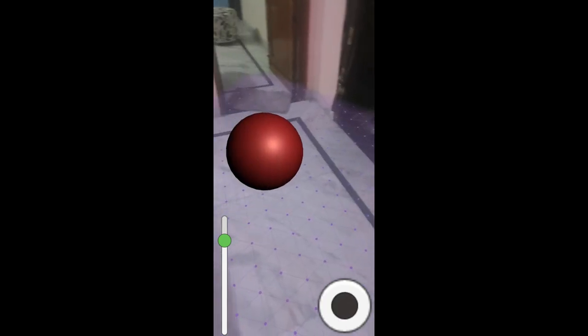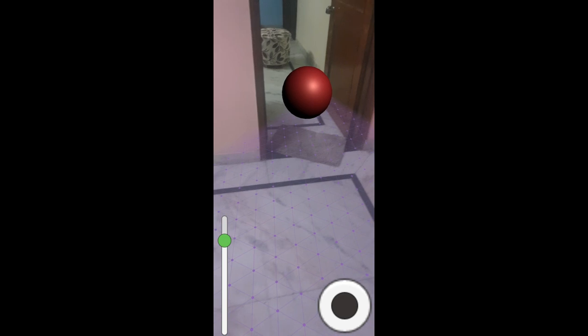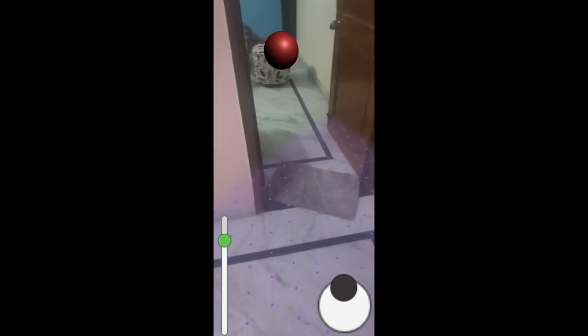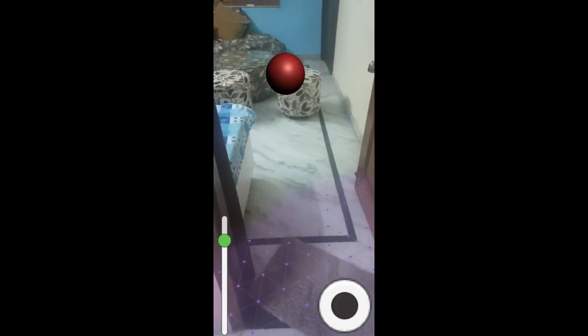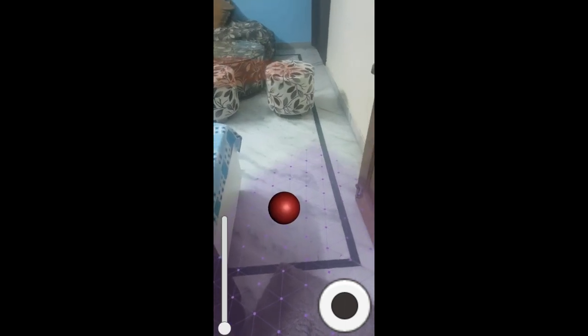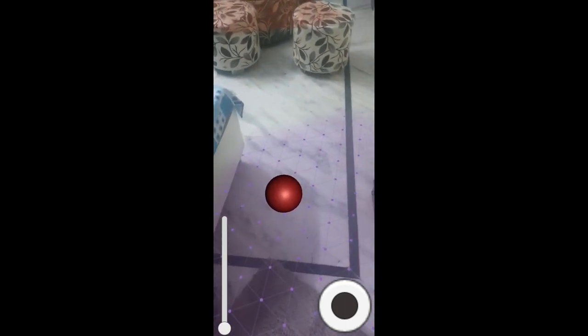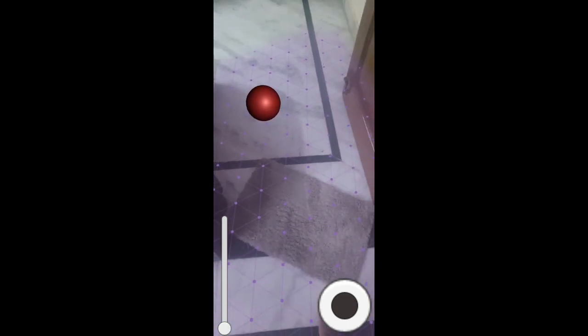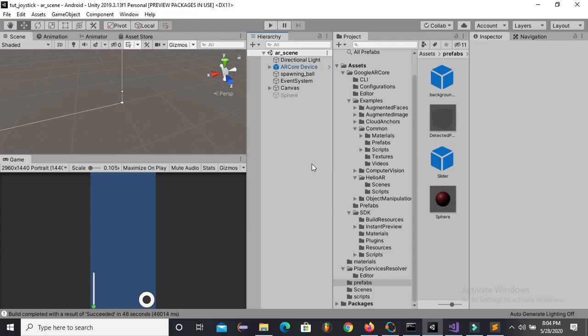In this way you can make any app. You can use other 3D objects to move instead of this sphere. Now if I put this slider down, then the ball falls on the plane. As you have seen, we have built our app in AR, and now you can go and create your own 3D assets and use them, and you can add some animations, some particle effects, and go more innovative.